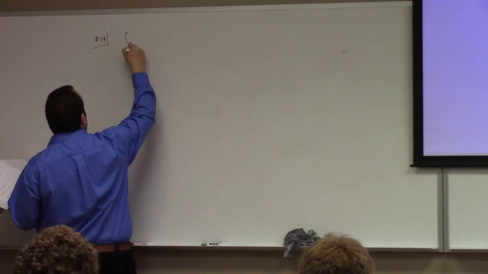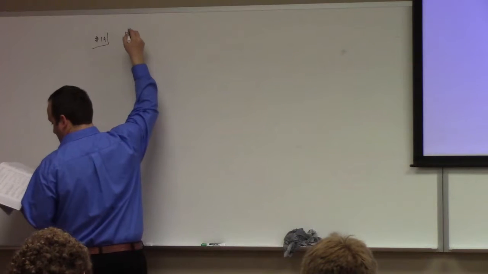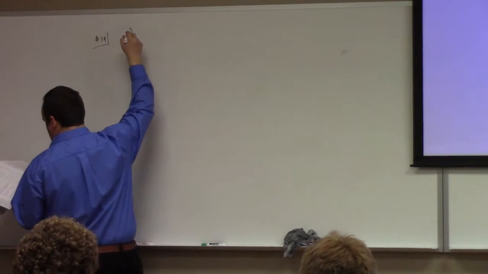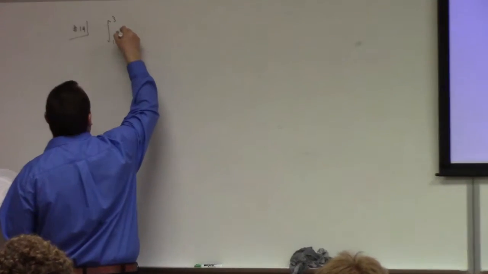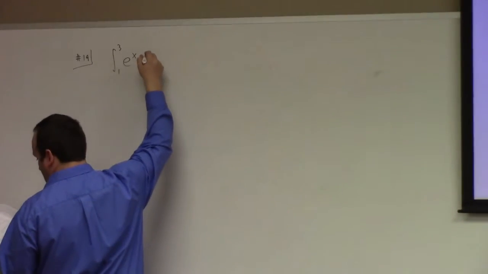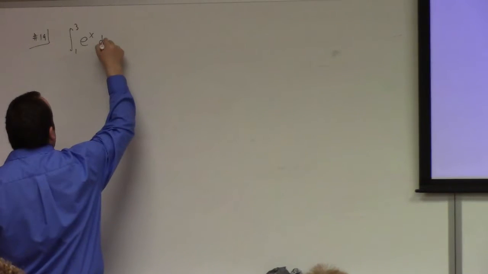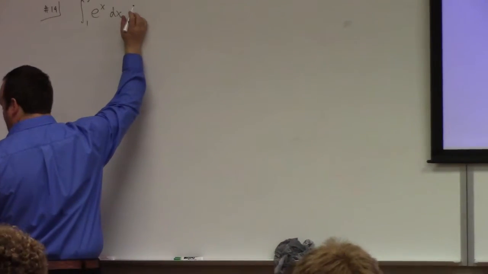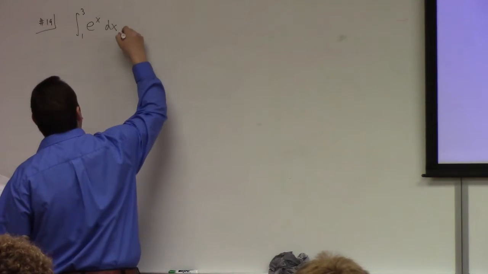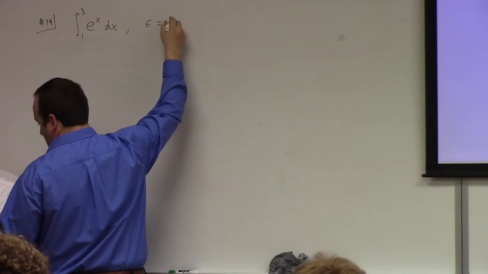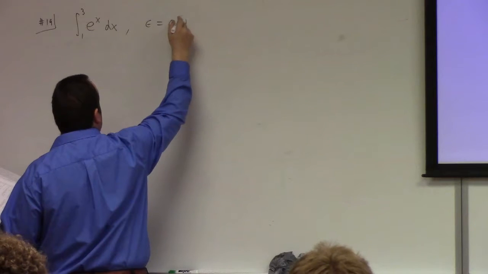So we have the integral from 1 to 3. I mean, 17 would make a nice test question because the bound analysis is, well, I don't know. Let me not start talking about that. So e to the x, I want to calculate this integral, which is kind of silly because of course we can do it, right? But if you want to calculate this integral to within epsilon equals 0.01,